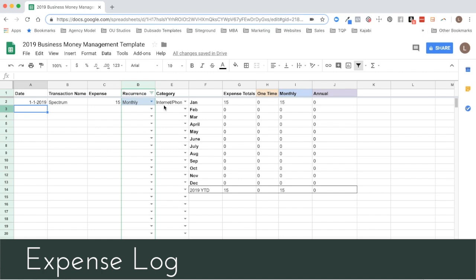So let's have an example here. Let's say today we got charged for PPA. So I'm a photographer and I use PPA for my equipment insurance, and that is $28 a month. But let's just say this was a one-time thing. As you'll see,